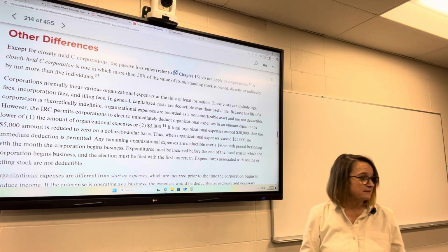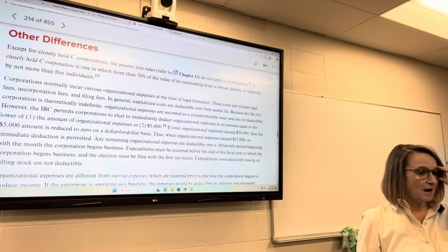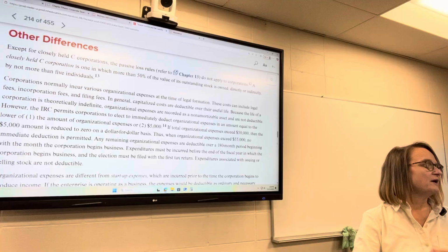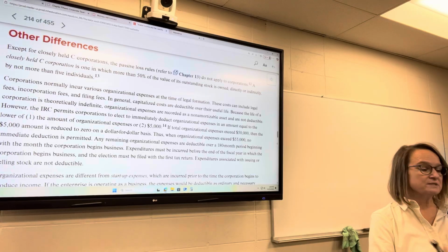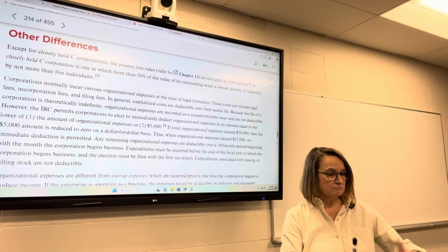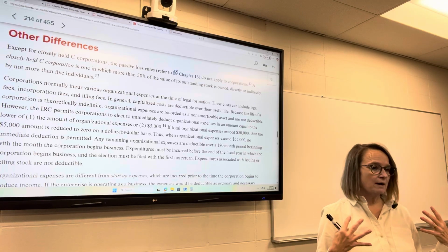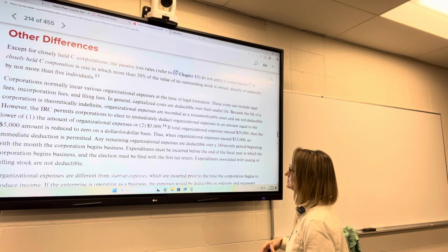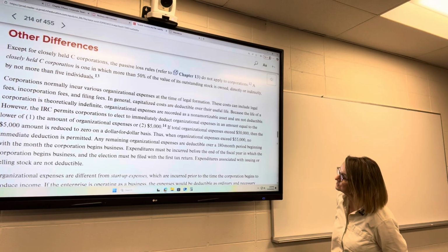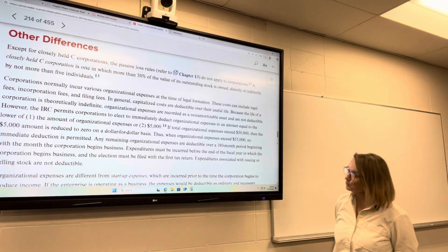Same with startup expenses. Startup expenses are more the things that you buy to get, like, not organizational expenses, but other types of expenses to get your business up and running. So if you have to buy supplies and things like that, those would be kind of startup expenses. So usually what you have to do is capitalize these costs, but there is an exception to that rule with